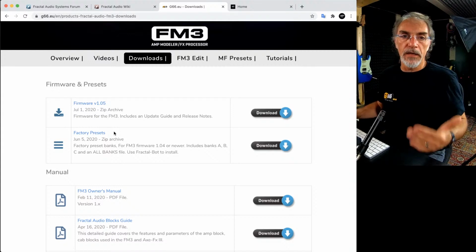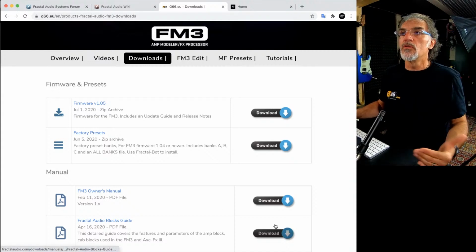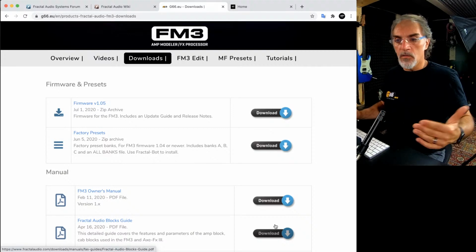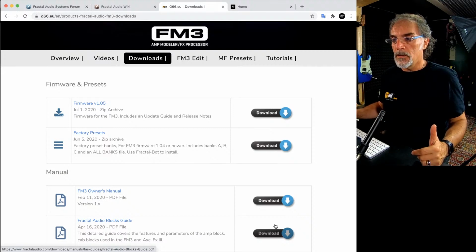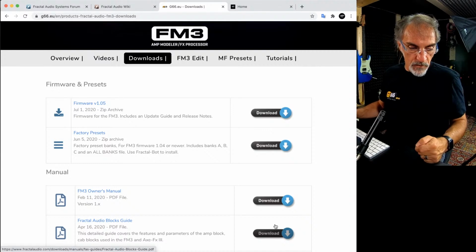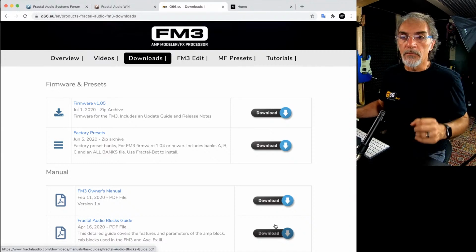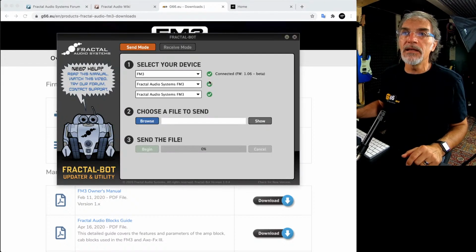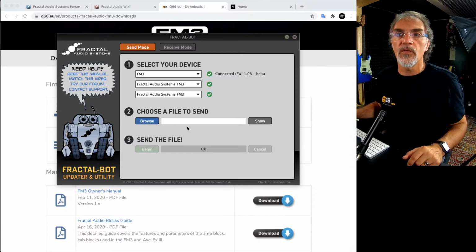I recommend you install it to get the latest features and also some new effects or improvements of the system. When you connect the Fractal Bot, the system automatically tells you the actual version and whether there is a new version available, and you can immediately install it directly from here.